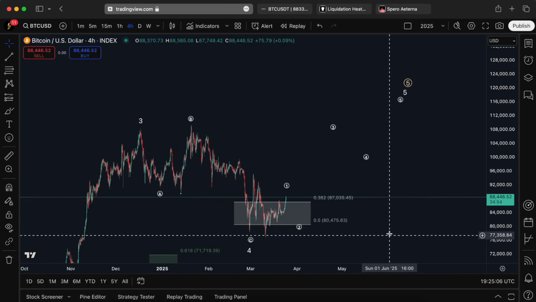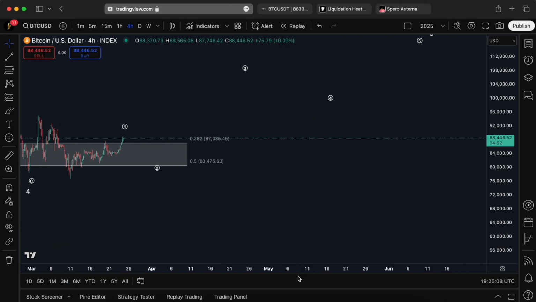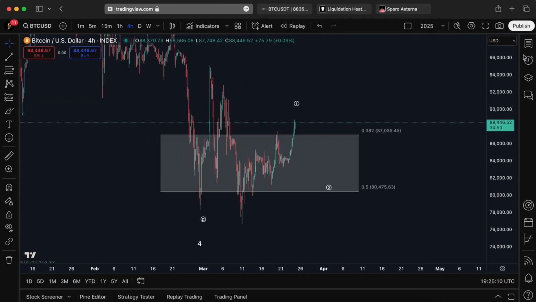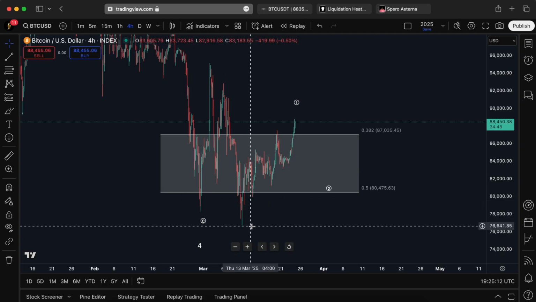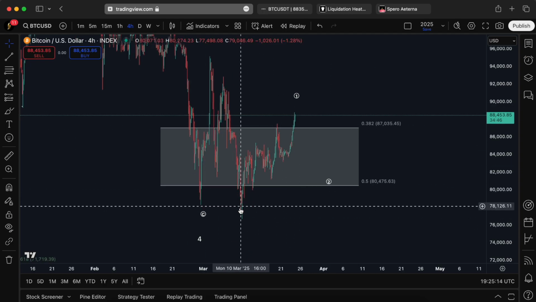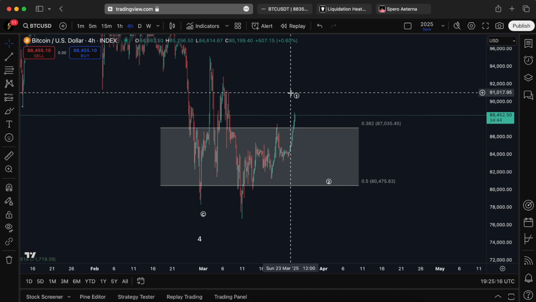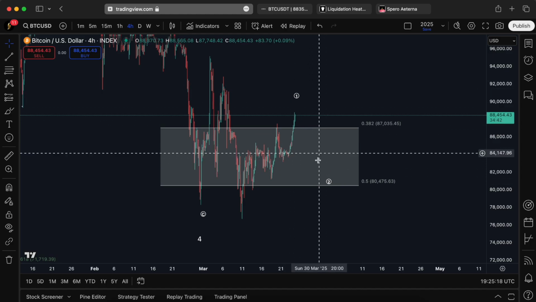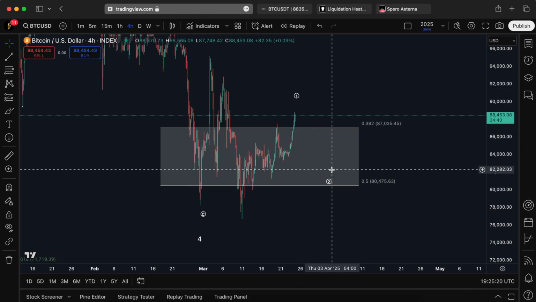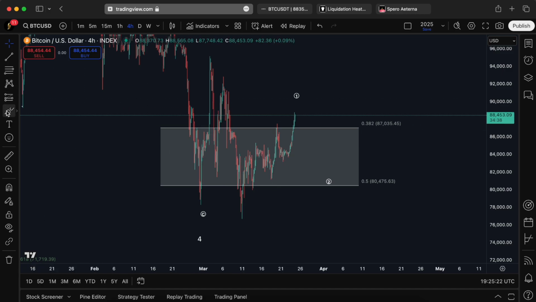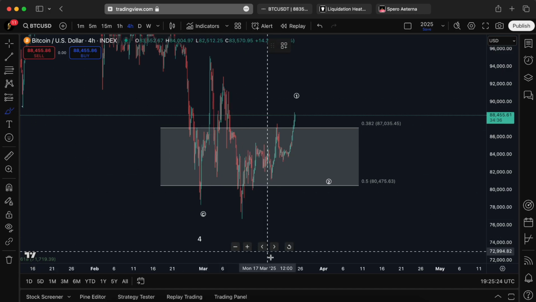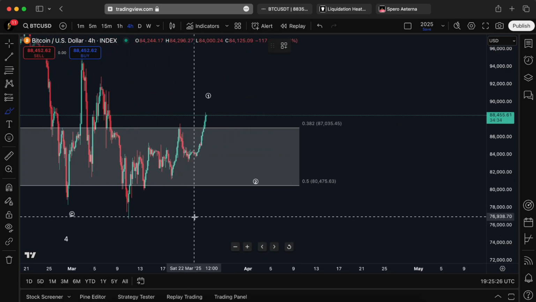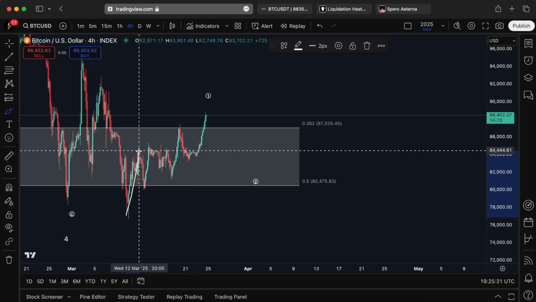But now, looking at the very short term, I will zoom in on this so we can see it clearer. Going from the local low, because we believe this is the end of the 4 wave, we believe we're now in a wave 1 to the upside, which will be followed by a wave 2 to the downside. This is probably where we will be buying back. Now, what is interesting here is what could be observed, and I'm not quite sure yet. I will have to see more confirmation, but we could be seeing a 1-2,